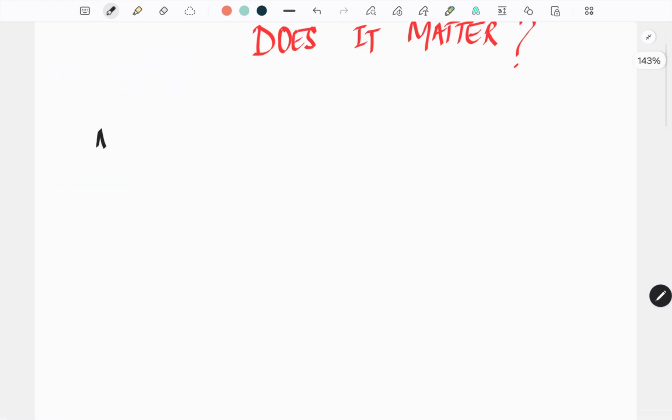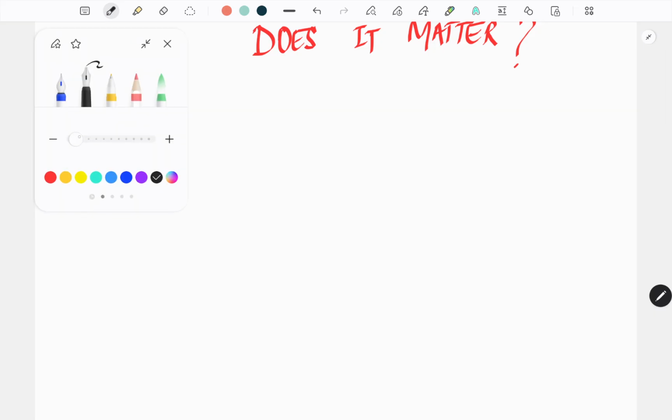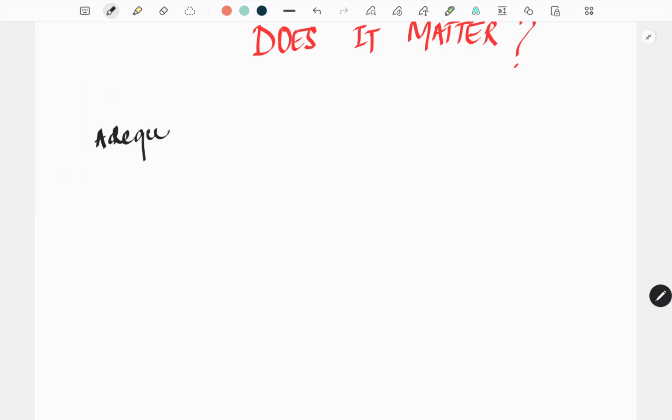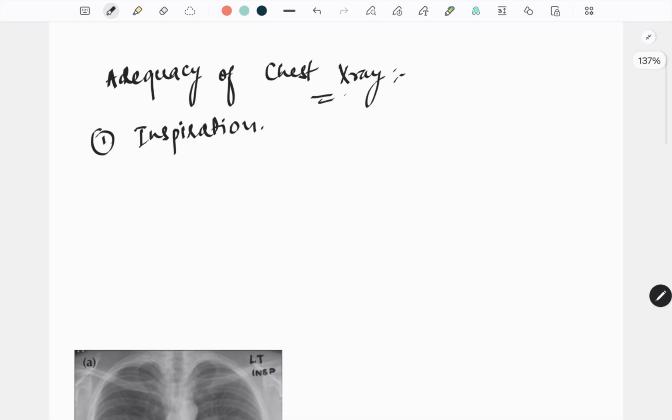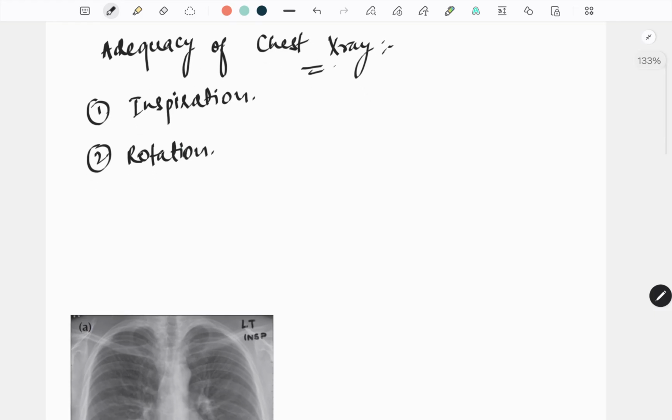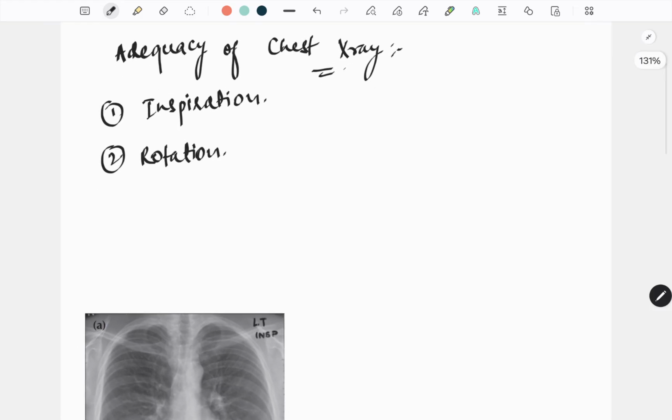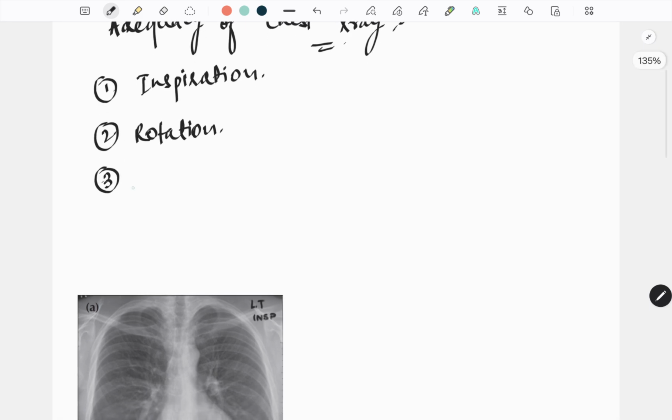For adequacy of a chest x-ray, how can we assess that? For adequacy of a chest x-ray, we should see 3 points. First one is inspiration. Today we are going to talk about this. Second one is rotation. We have talked about this in a different video. You can go and see that. Third one is